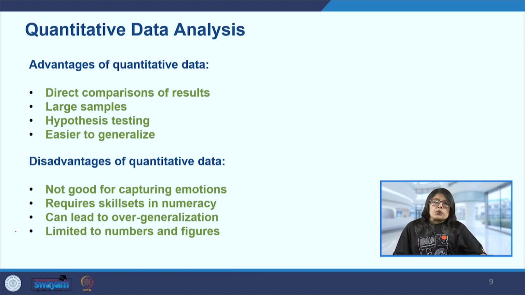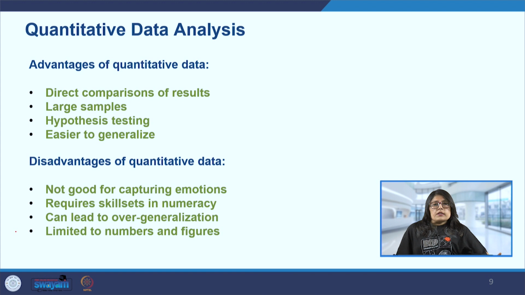At the same time, we can also collect large samples, because this is an easier way to conduct data collection. Easy in the sense that it does not require face-to-face conversation, because, like I said, we may conduct this as a questionnaire, where it may be a yes-no kind of requirement, or a Likert scale, or other ways that we have discussed earlier. The user may be handed a paper, a physical questionnaire, or we may send it through email or through groups like WhatsApp groups or other such mediums.